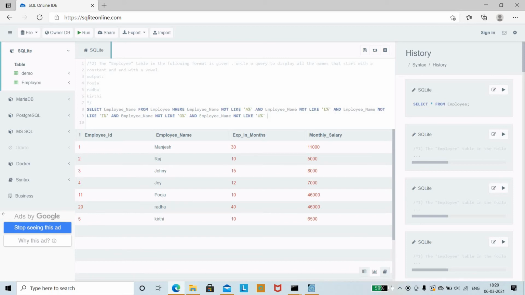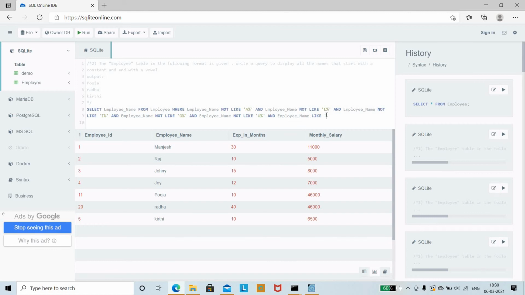The next thing is that we need to display the names with a consonant at the beginning and ending with a vowel. So again you are going to use and, followed by employee_name like, so that at the end it should have a vowel. So employee_name like, then, as we said, for the ending you include the percentage at the start.